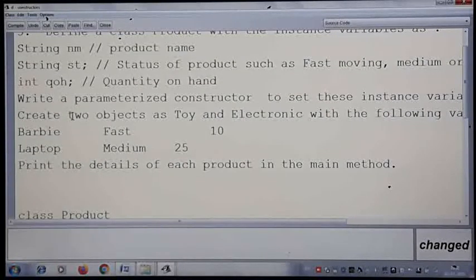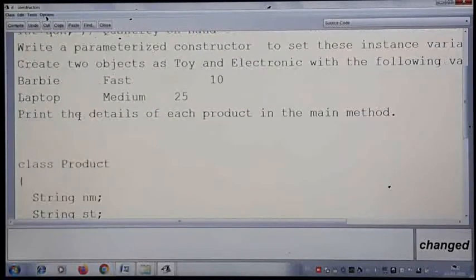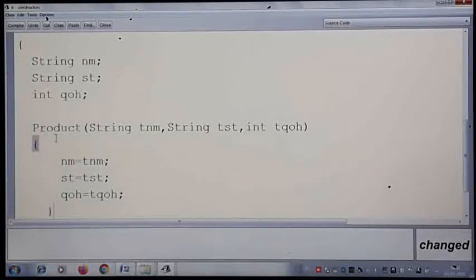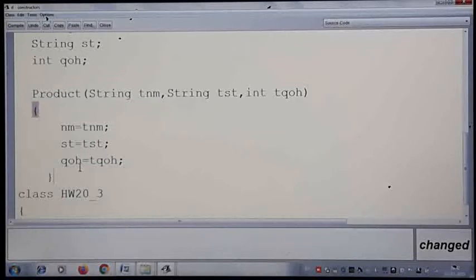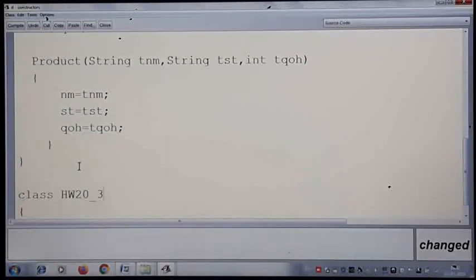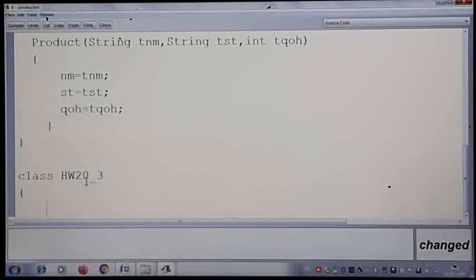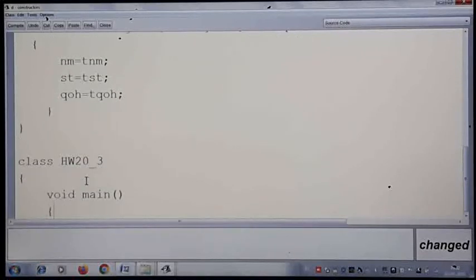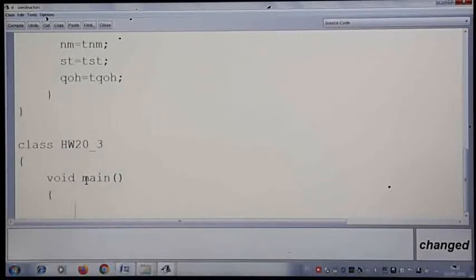Then create an object, creation of an object. For that we have to write one more class. So we have a class with one constructor. That's all we have to do for this question. Then the main class name I have taken, just to understand, is the 20 question, the third question we are solving now. Now here void main, where we are going to create an object. This we have learnt in the last chapter also, where we write one main method and in that we are going to create an object. The class name is Product.